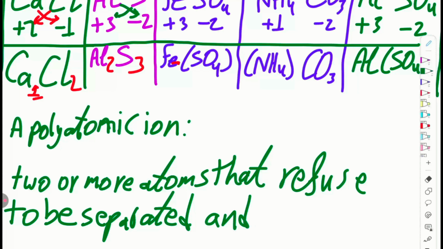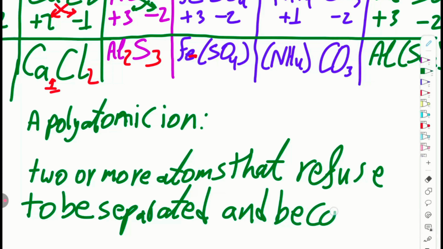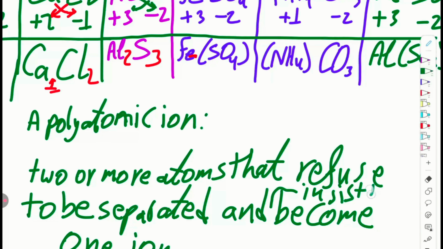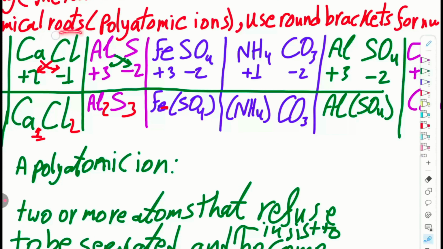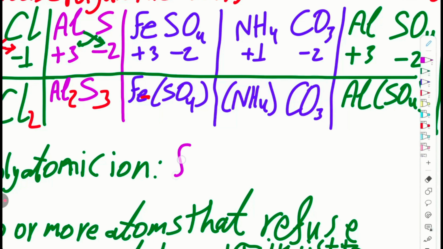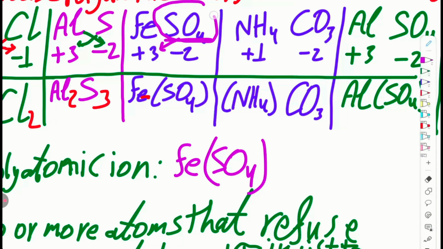and become one ion. And let's say insist to be one or to become one ion. So this here, my friend, this SO4 is 5 atoms, 1 sulfur and 4 oxygen, but we deal with them as they are like 1 Cl. So when this chemical compound FeSO4 here, when we want to combine it, we take 3 of all of SO4, 3 of it and 2